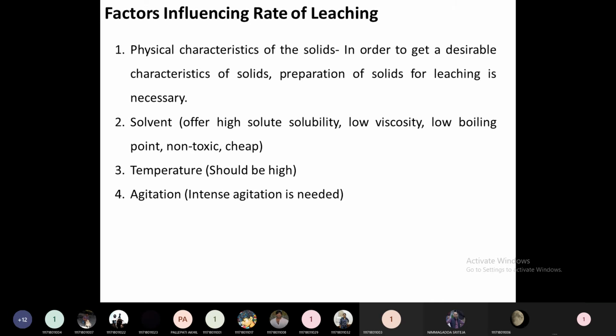Because of these disadvantages, we can't go that deep into fine grinding. Obviously the rate of leaching will increase with fine grinding, but the cost will increase and handling will be very difficult. With fine powders there may be a tendency for the particles to escape, so we have to install electrostatic precipitators to catch them once again. All these issues will be involved.